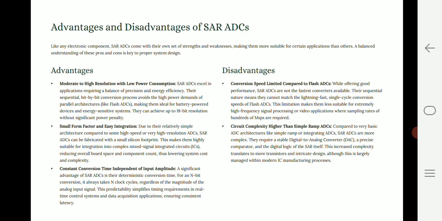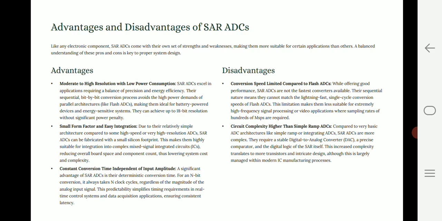We have different ADCs like flash ADC and ramp ADC. SAR ADC is also one of the ADCs. When we compare conversion speed, the flash ADC speed is higher when compared to the SAR ADC,